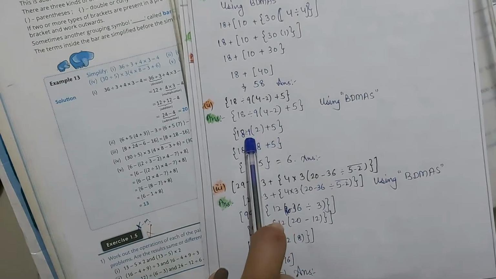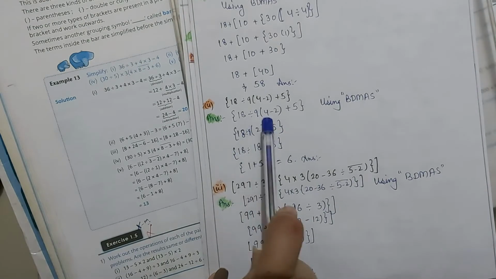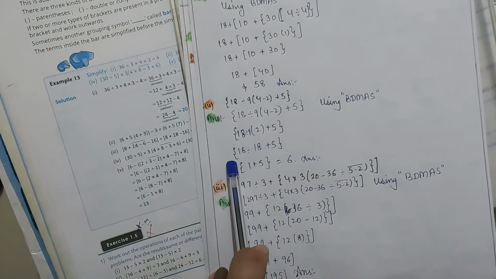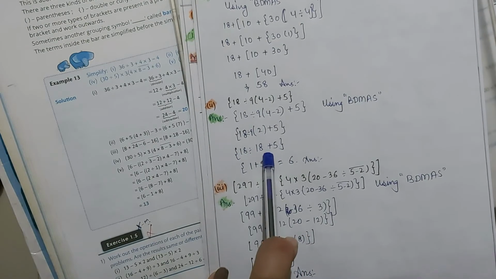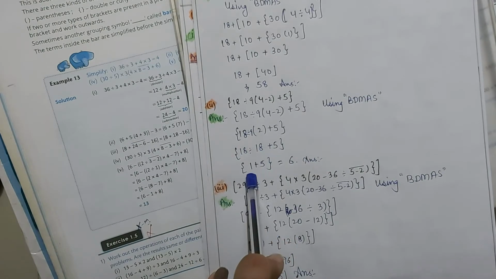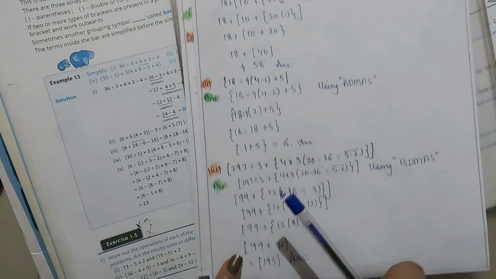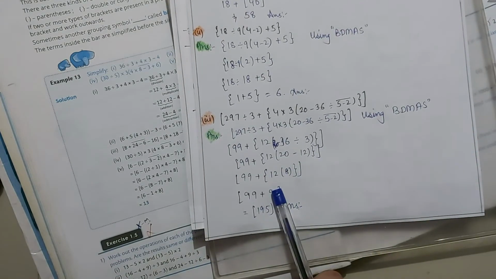So firstly open the bracket. So 9 multiplied by 2 is 18. 18 divided by 18 plus 5. So according to BODMAS, firstly solve the division. 18 divided by 18, that would be 1, and here it is 5. So 5 plus 1 is 6. Moving to the next,